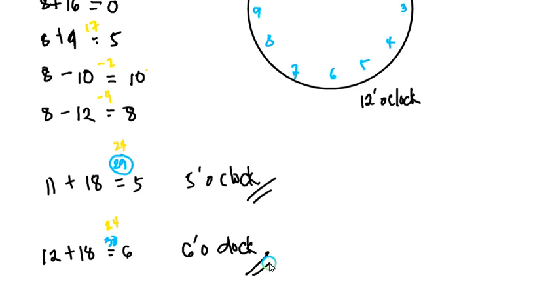So, kung tan-awon ta ang remainder of dividing 18, okay? So, kung i-divide mo ang 18 by 12, imo diri nga remainder is 6. That's why imo nga answer is 6 o'clock na diretso. So,